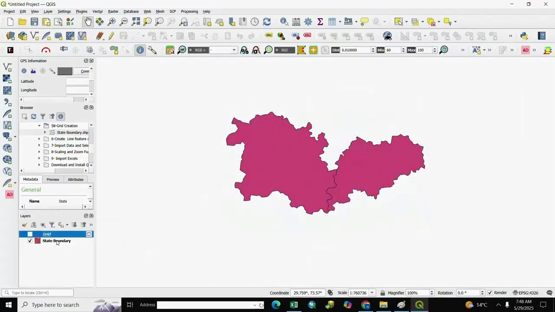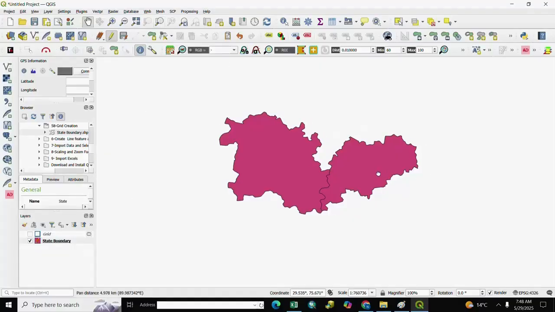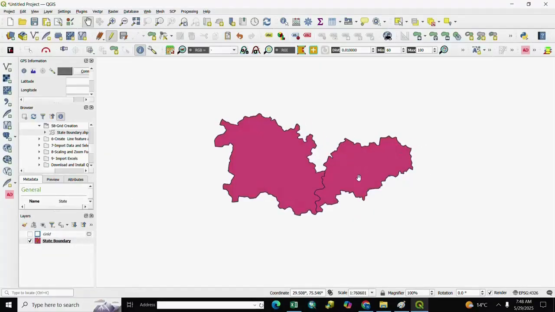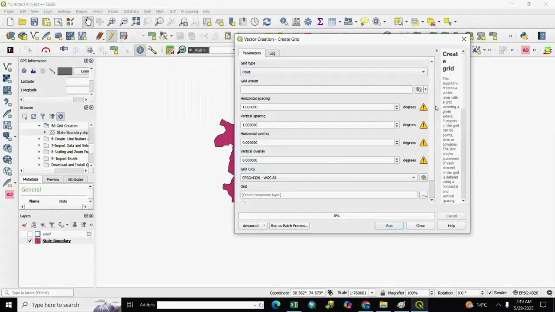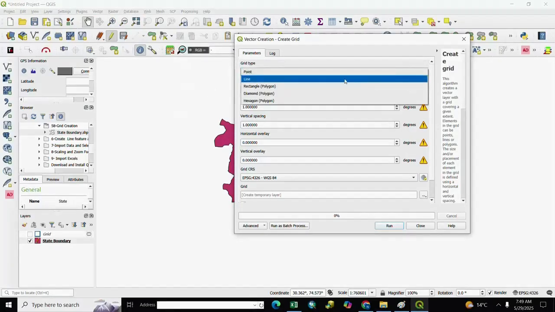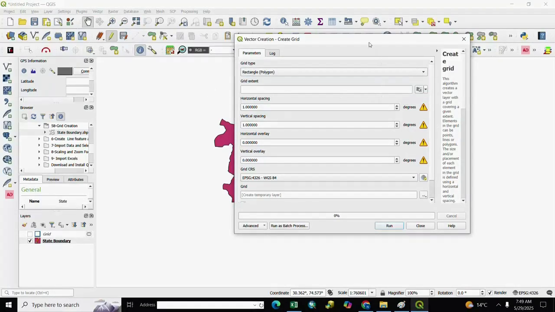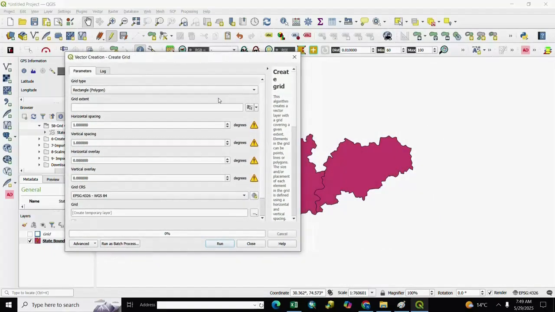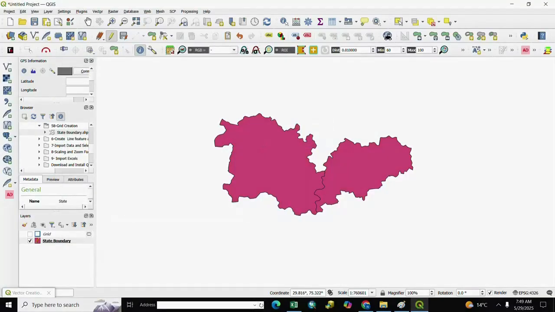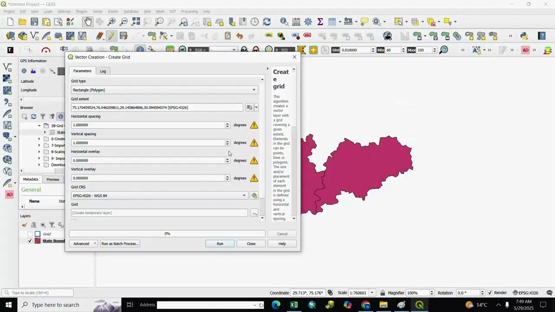And another, if you want to create a grid for only one area, we go to Vector, Research Tool, Create Grid and we select polygon and grid extent. For grid extent, we click the arrow, draw on map and we select only the area where we want to create the grid. We select only this area and after it,